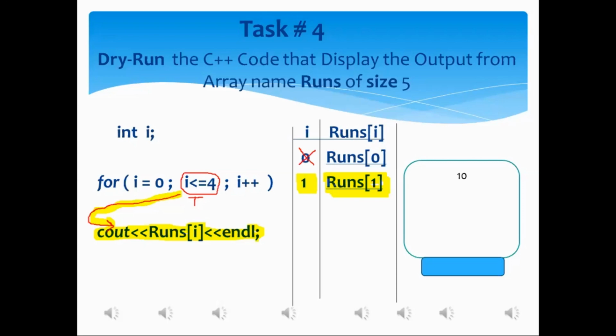It's so, sir. Now, to see what has been initialized in the second memory location of the array, we need to visit the memory structure of the array. Are you ready? Ready, sir.